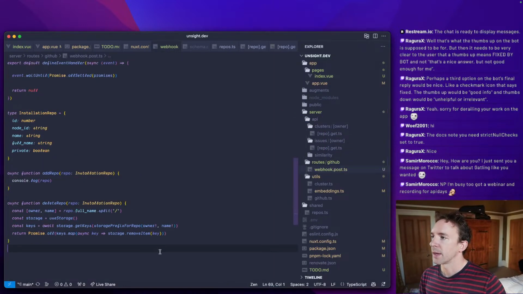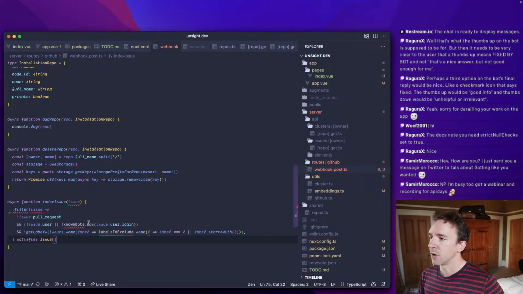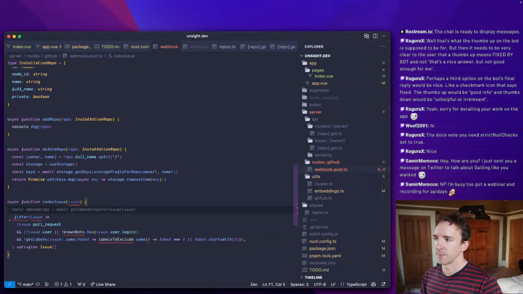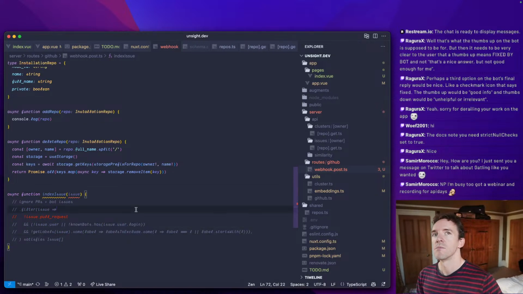So we'll do something like async function index issue. And we're going to basically not do anything if it's ignored PRs and bot issues. And I think the labels to exclude thing might be an interesting one later on. Do we want to exclude